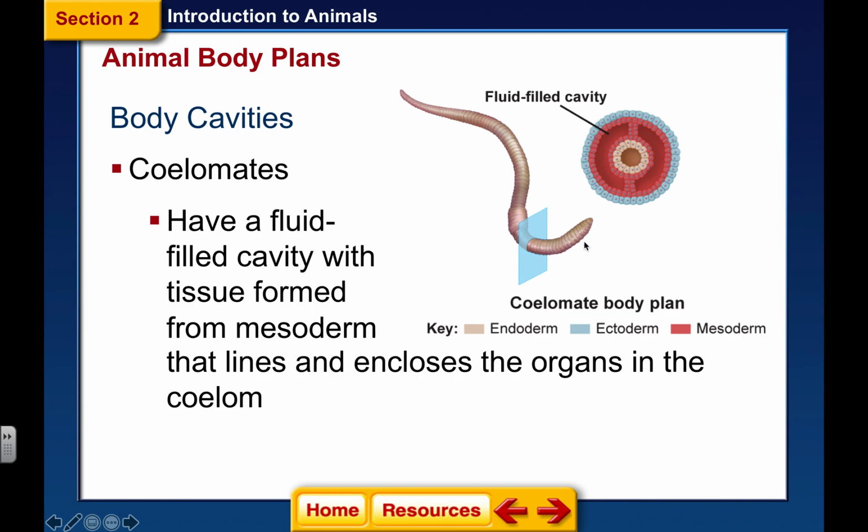Now, this is a segmented worm. This is your earthworm, an annelid. And if you gave a cross-section, you cut him like this, you could look and see the blue is his ectoderm, his skin. The gut is all of this light tan area. And then we have this space, this coelom. Coelom is space, a cavity, that lies between the endoderm and the ectoderm. And in this space, there are going to be organs in there that have everything to do with breathing and